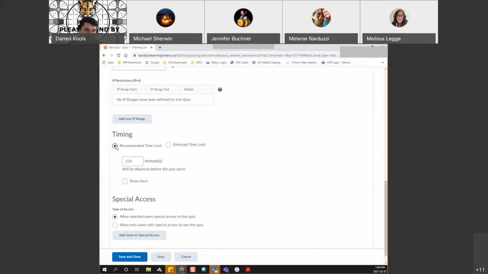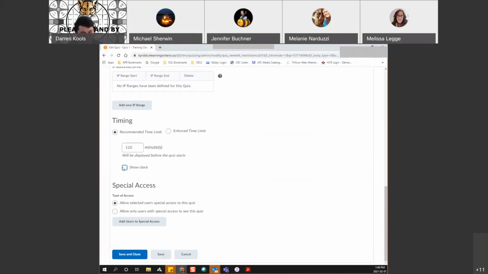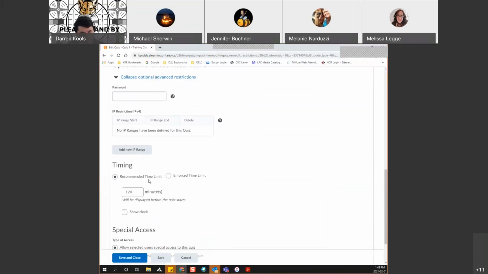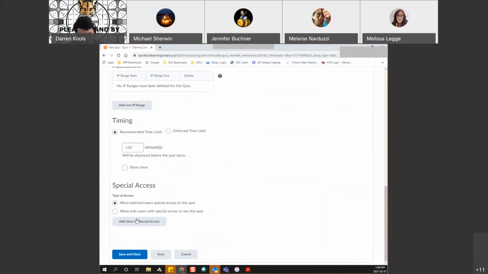Okay, there are time limits that you can set. It defaults to 2 hours. You can change that if you need, or you can just take it off. You can show a clock just to really amp up the nerves so they see that countdown and start getting really sketchy as it gets close to being finished. And then if you have a kid who's away during that time that was released, you can use the